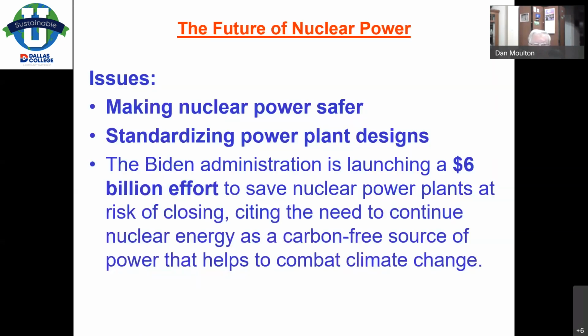Is that good? In my opinion, it's something we need to do. Because if you remember the graph that showed future electricity generation, by the middle of the century, we still have a problem with natural gas being a primary producer of electricity. So in order to make our transition from fossil fuels, and that includes natural gas, to renewables, we're going to have to produce more electricity with nuclear power